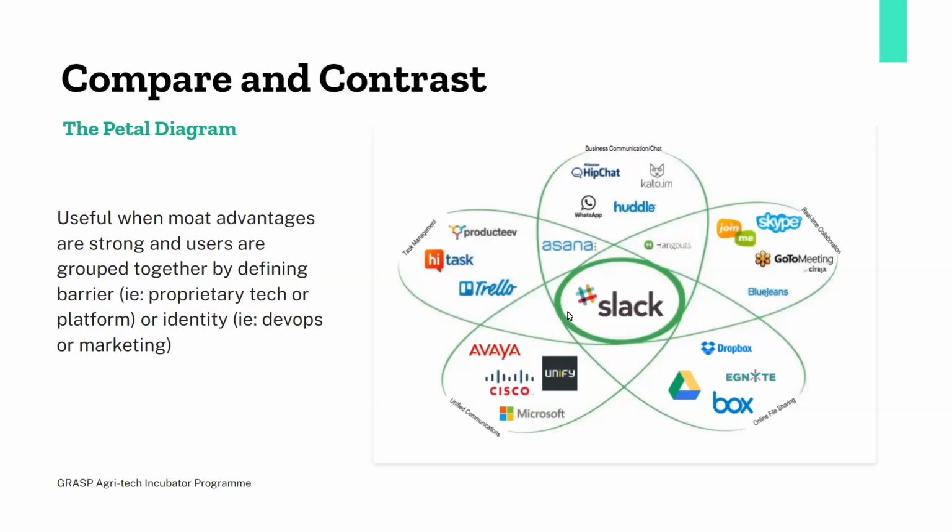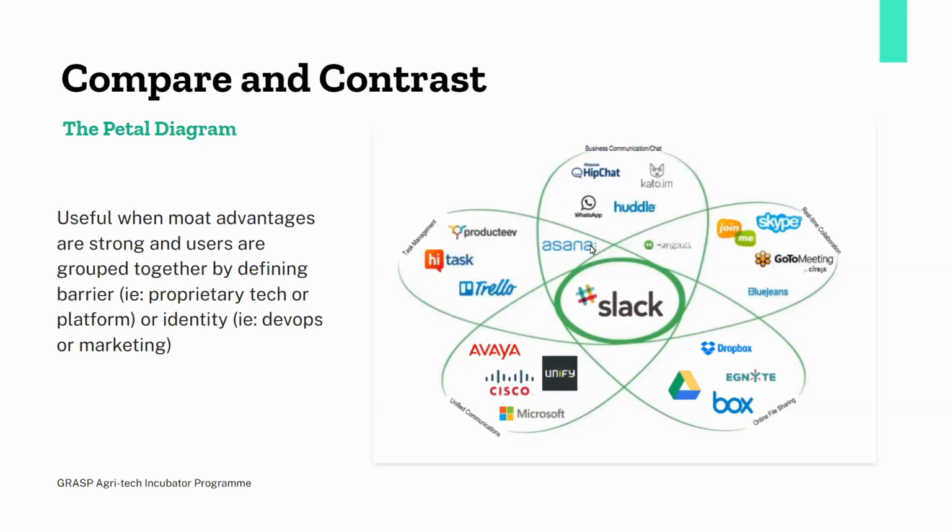It helps you with task management, right? So on the task management side, if you use Trello as an example, this was something that we mentioned in the tech stack discussion that we had during Level Up 3 as well. So you have competitors in that space, and then of course business communication chat. You have a number of different offerings. WhatsApp, something that you would all know.